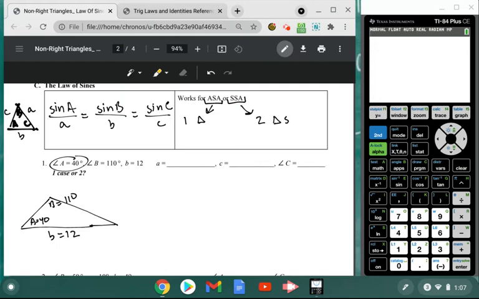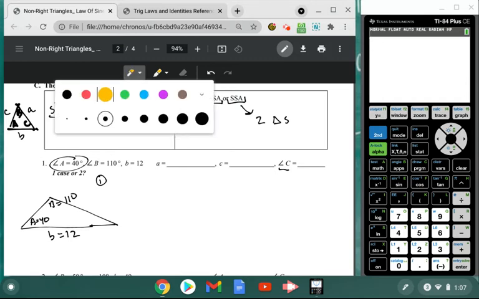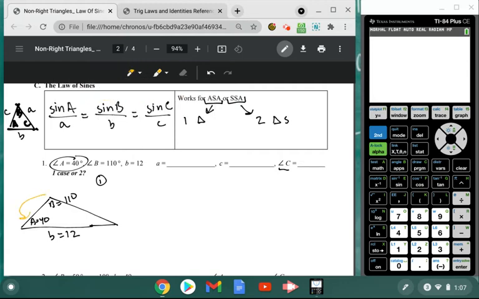So as we work through this one, I can go ahead and start by finding these missing pieces. I'm going to start with finding angle C. So number 1, angle C. And then you'll see why I can say, because right now it's not one of those 3 cases, right? I don't know if you noticed, but we've got an angle and a side. Right now it's angle, angle, side, which was not one of our choices,